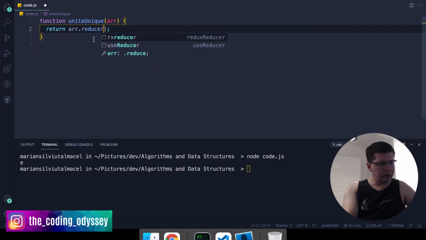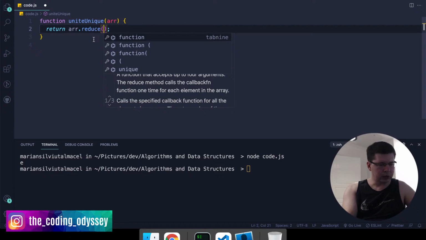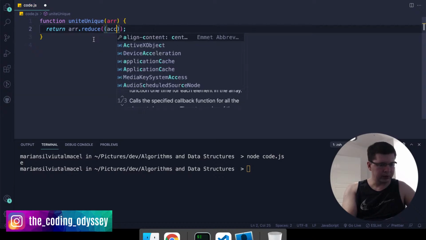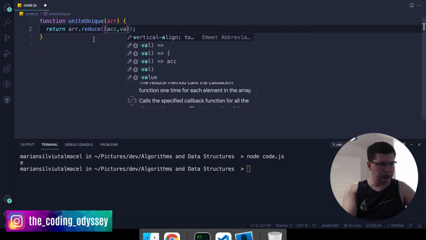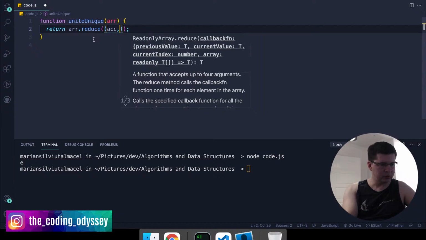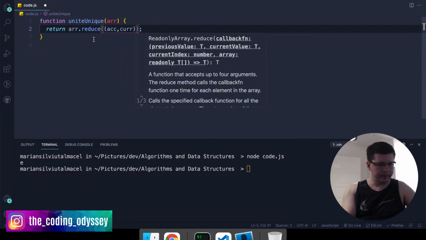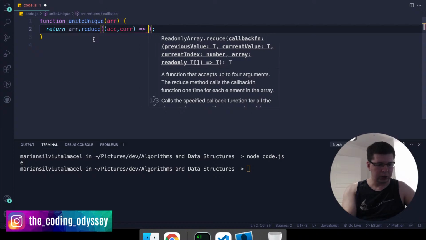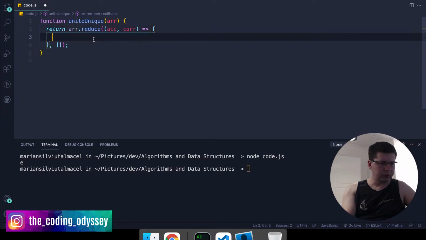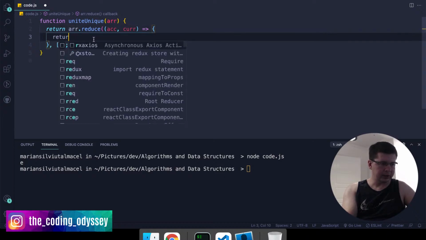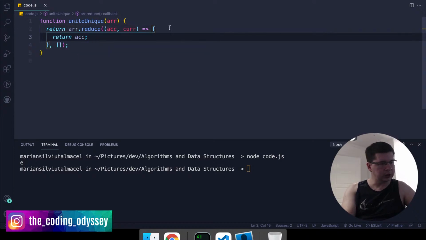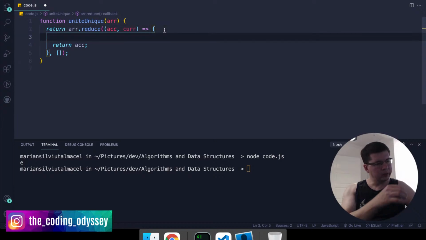and then what we want to say, we're going to get in reduce a function with an accumulator and a current value, right? And then we're going to reduce this to another array. So we start with an empty array, and in this function what we want to do is we always have to return the accumulator at the end, and then what we want to say,